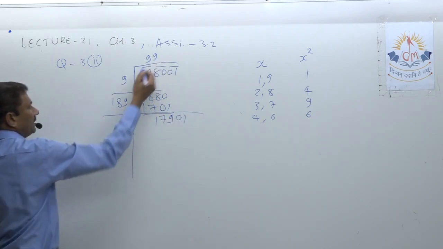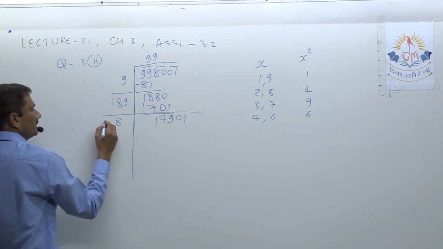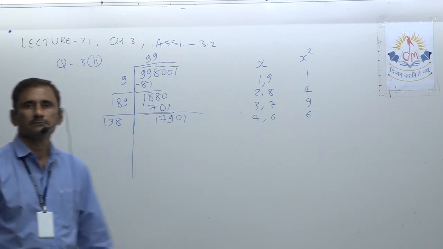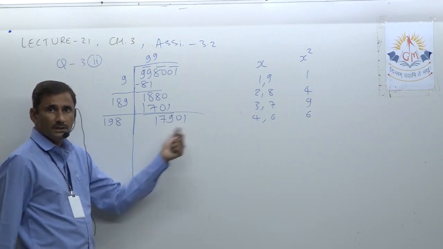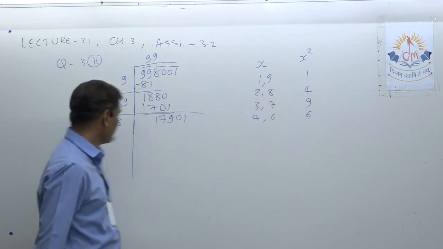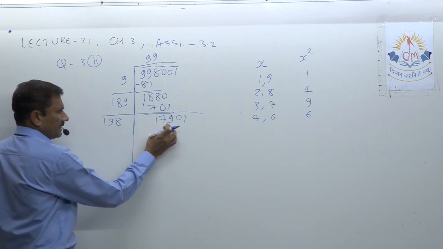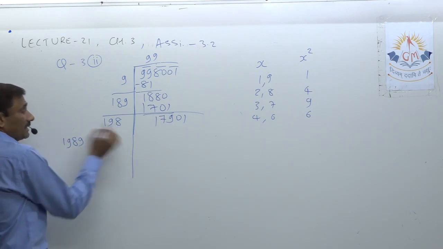Okay, now 99 is here, make it double. So 9 nines are 18, 9 nines are 18, 19. Now look here, again 1 is there. So 1 is possible whenever the unit digit is either 1 or 9. So here 1981 will be very less, 1981 will be less. So I directly jump to 1989.